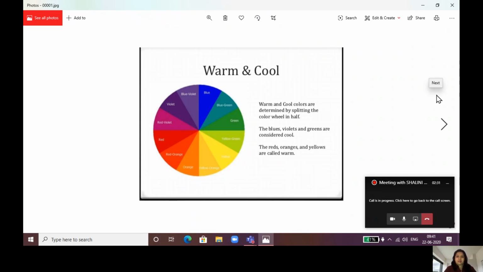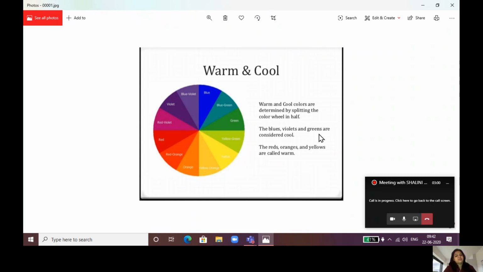Basic colors, primary colors, which are red, blue, and yellow. And secondary colors: by mixing primary colors, you can make secondary colors. By mixing both of them, you can make tertiary colors, right? So all these color schemes we have been learning since KG, so you are all aware of them.